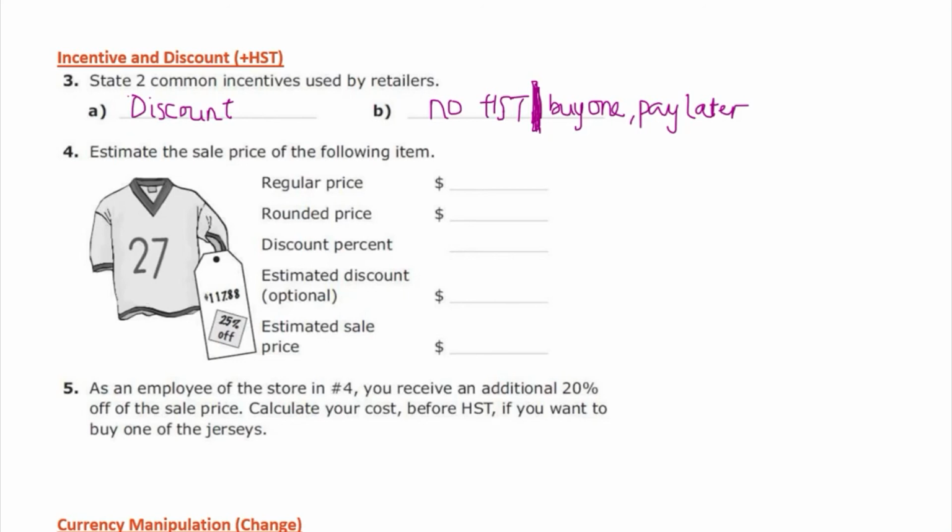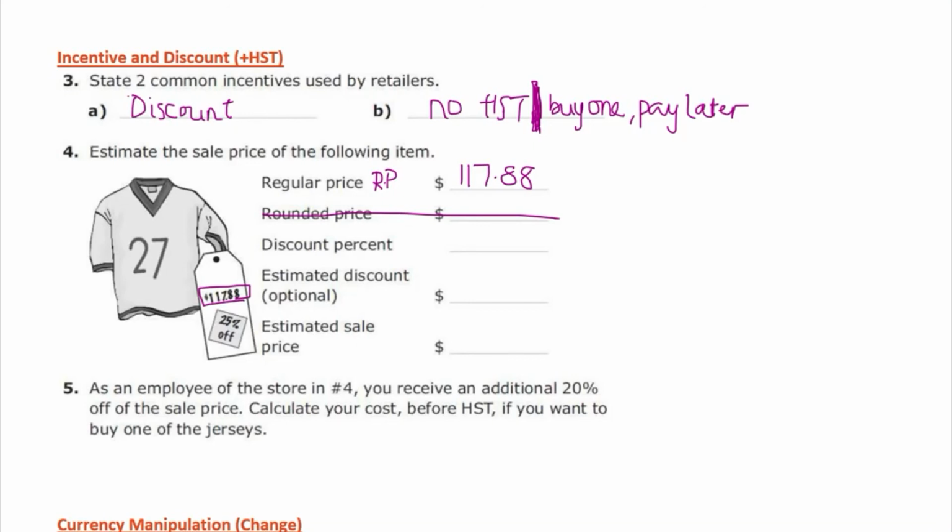So before this here, we're going to eliminate the random price. We don't really care about that. So regular price, which we're going to represent as RP, is in this case, looking at this particular jersey, we actually see the tag, and the tag tells us that yes, it's actually $117.88. So if that is regular price, you're not going to pay this price, you're going to pay the price